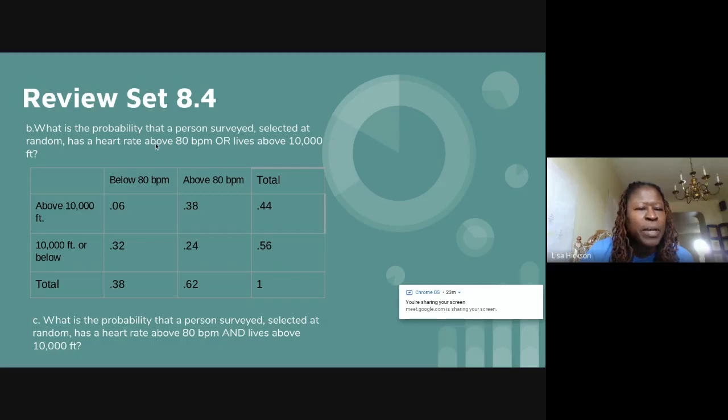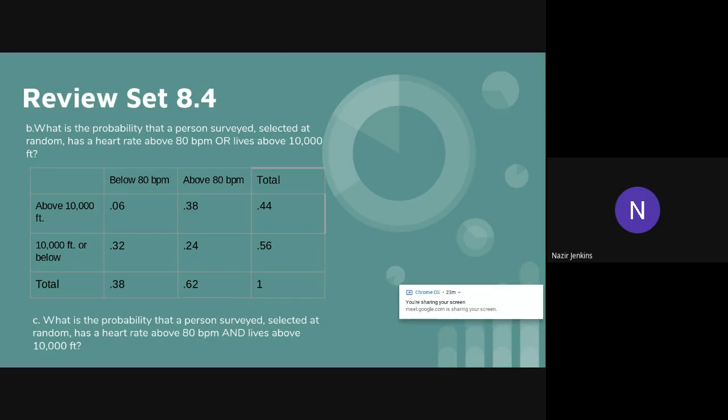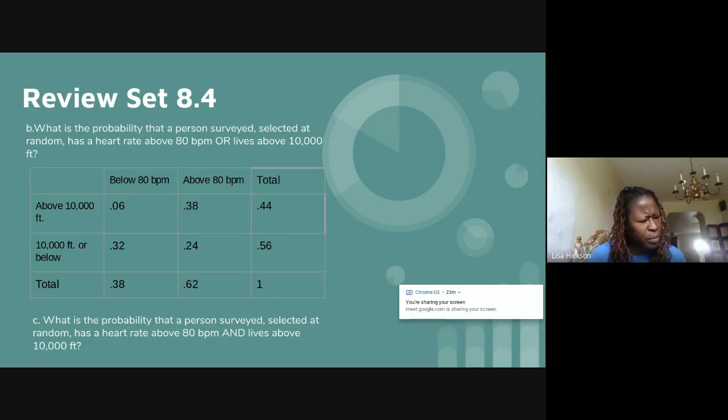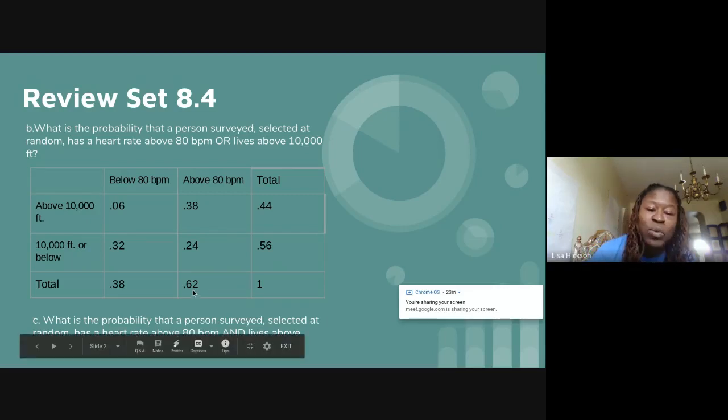What's the total number of people who have a heart rate above 80 beats per minute? The total now, 31. We don't have 31 on our chart, my love. What's the relative frequency? Okay, so yes, where 31 would sit, absolutely. So you would use 0.62. Absolutely. So that is all the people who have a heart rate above 80 because it's 31 out of